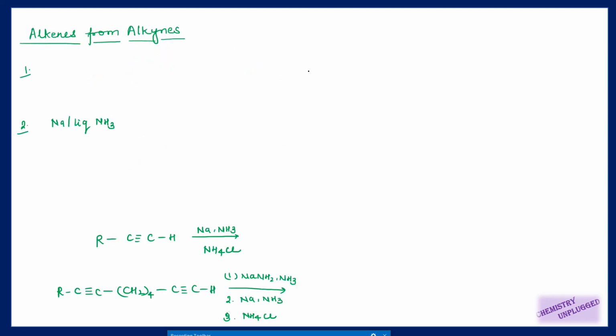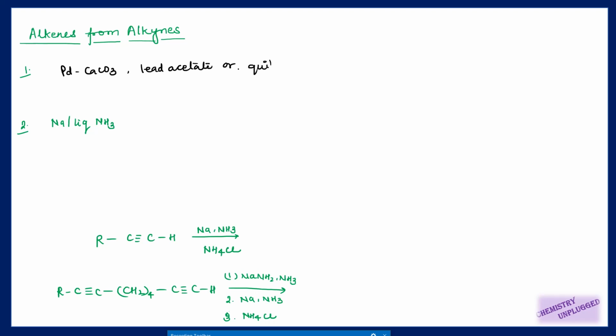Then we move to the most important part of today's discussion, that is formation of alkene from alkynes. So we will take different methods to generate alkenes from alkynes, and these different methods will form Z alkene and E alkene. So we are going to discuss how we can generate a specific type of alkene which we want, right? So one method is very simple, that we use palladium on calcium carbonate in the presence of lead acetate, or we can have quinoline.